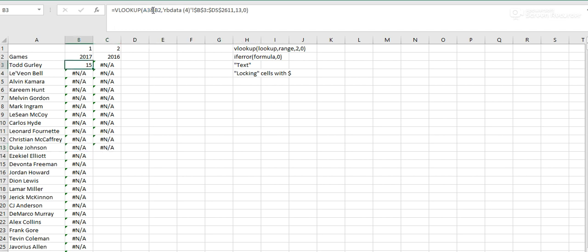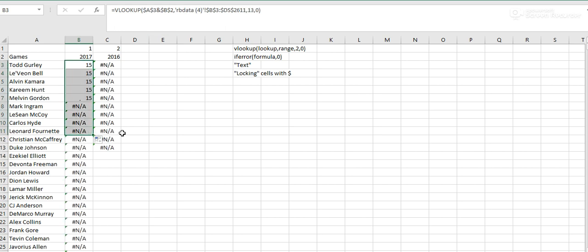So the solution to this is locking cells, locking with quotation marks cells, and you do it by using the $ sign, which is just above the number 4 if you've never looked for it. So which cells do I want it to lock? I want it to lock in on Todd Gurley, so I can lock it by putting $ signs before the A and before the 3 to lock in this cell, and I also want it to look at 2017 for every row. So I'll lock in B and I'll lock in 2,